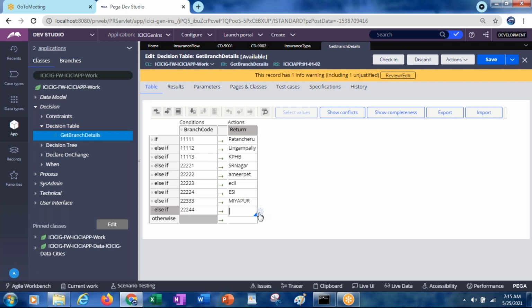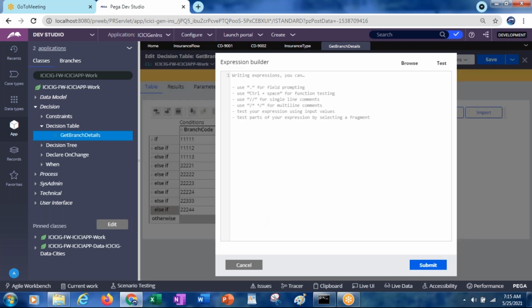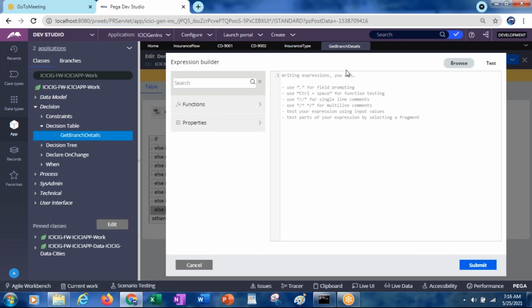We can build the expression by going to the search or open explorer. Here you can browse, and here you can select some functions to call another decision tree or decision table. What are those? For example, if you want to call a decision table, you have something called evaluate decision table, or you also have something called obtain value.